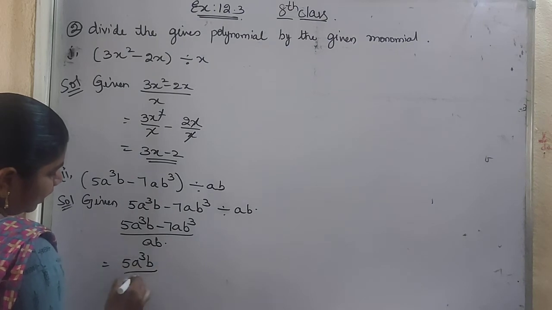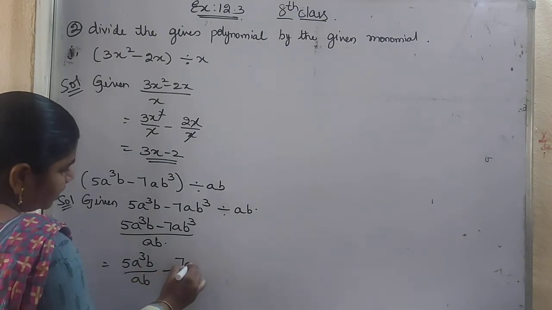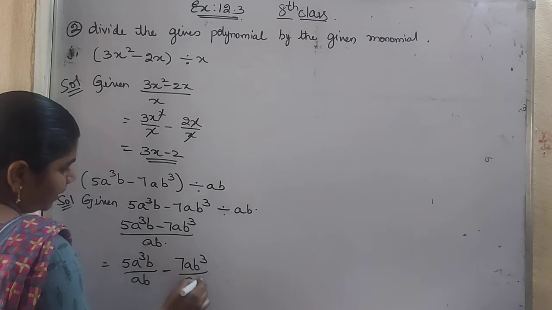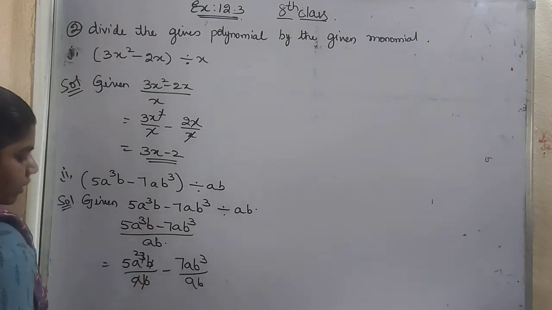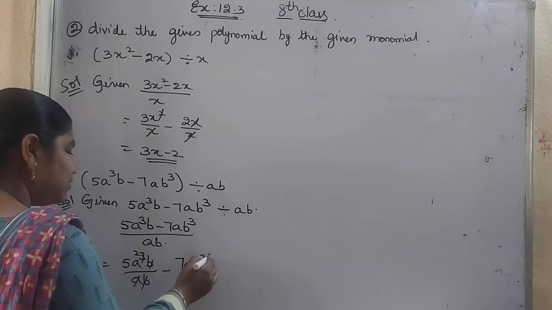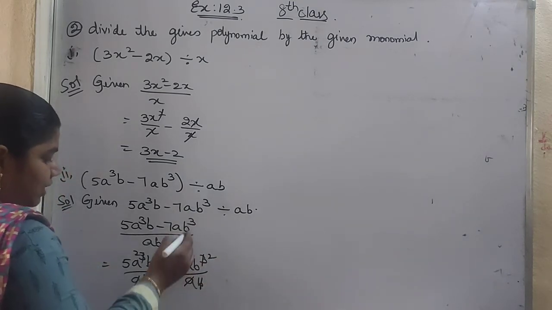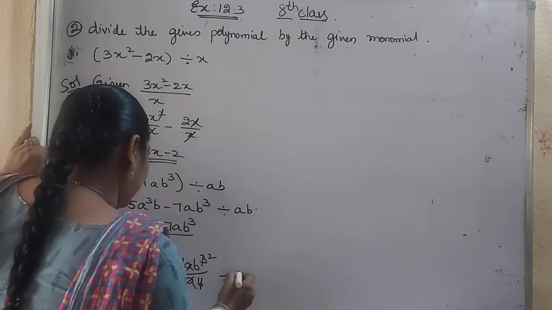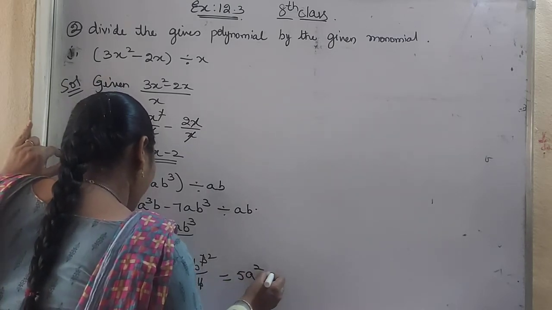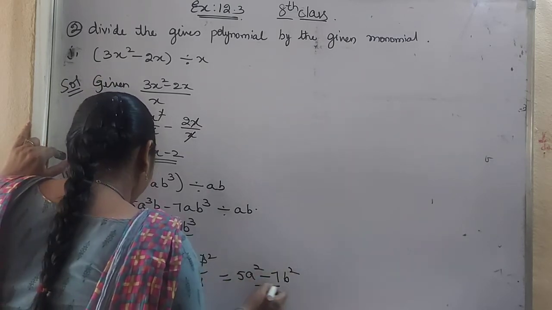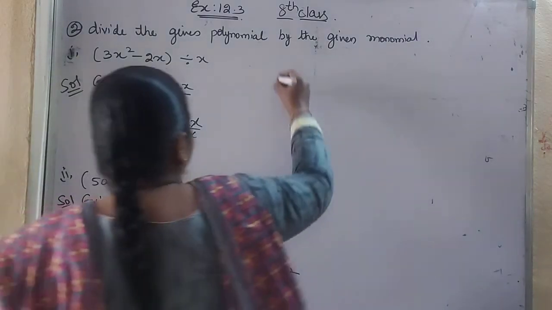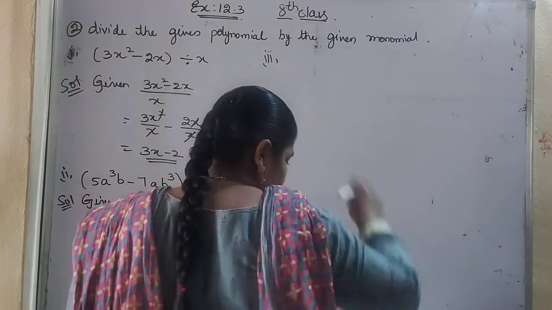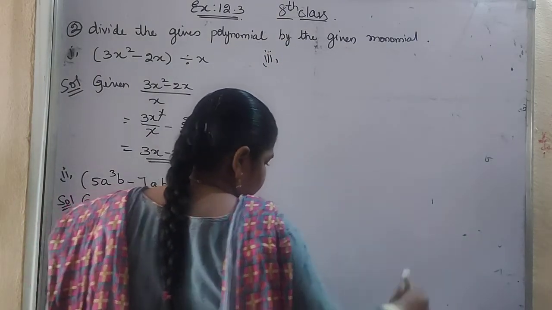5a cube b by ab minus 7ab cube by ab. So b cancelled, a is cancelled, a square is remaining. b is cancelled, b square is remaining, a is cancelled. So what is the answer? 5a square minus 7b square is our answer. So this is our second bit. Third bit is